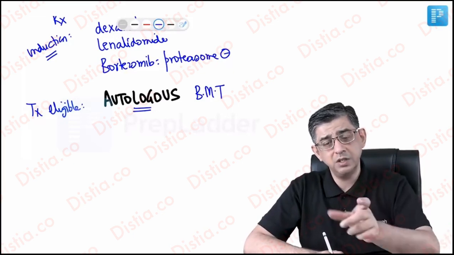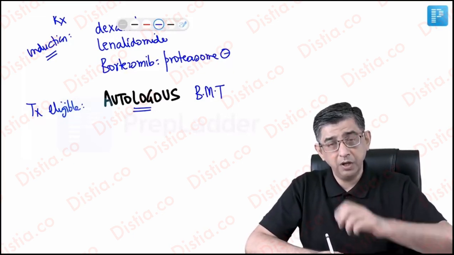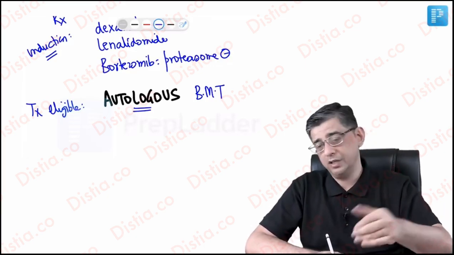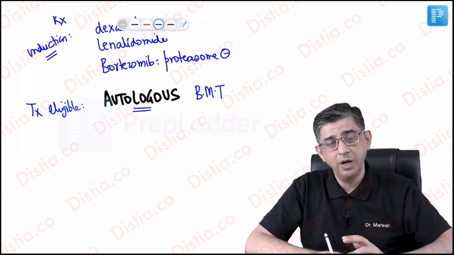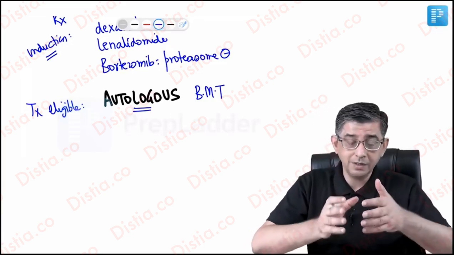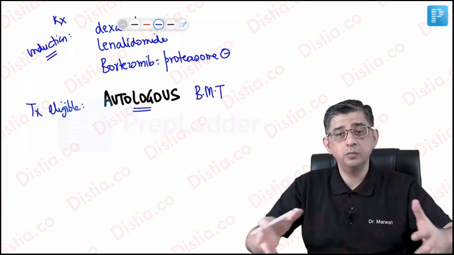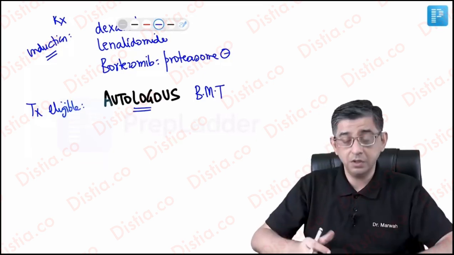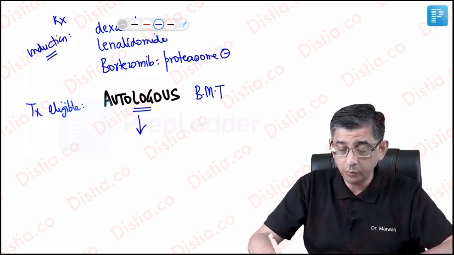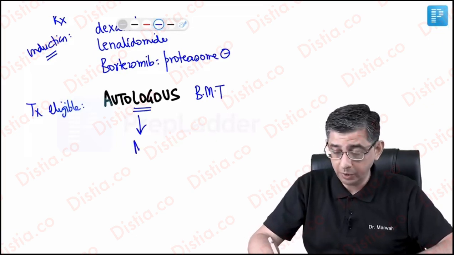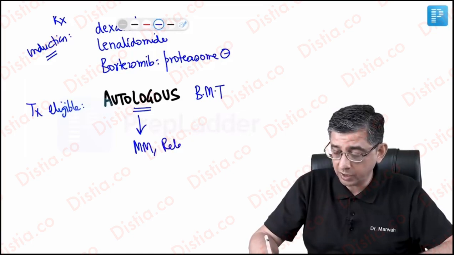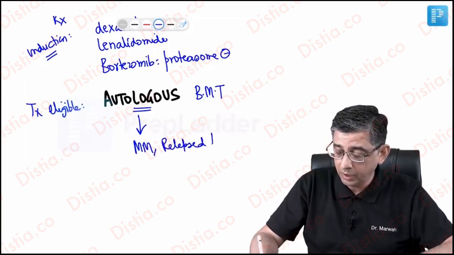Because GM-CSF injections have a short duration of action. But if I take out some of these cells and give them back to the patient intravenously, they'll go back and colonize the bone marrow. The point is that these cells will be able to colonize the bone marrow again and will make the person disease free. Two situations where we read about autologous bone marrow transplantation are multiple myeloma, which is the topic at the moment, and second, a relapsed case of lymphoma.